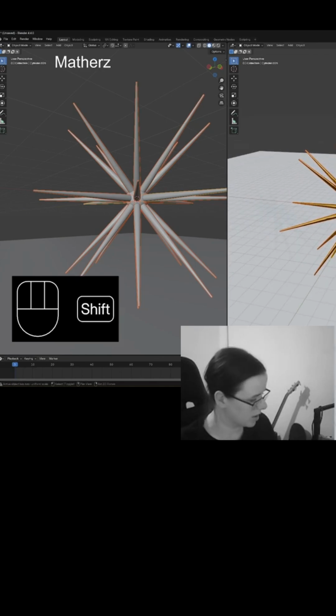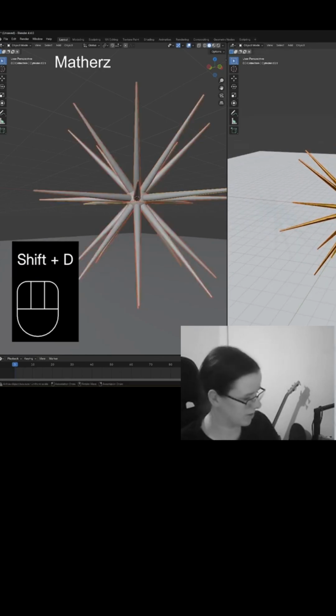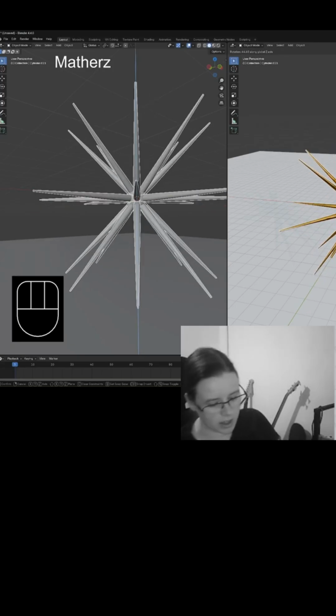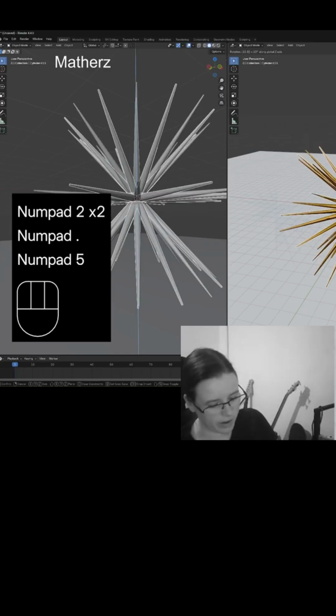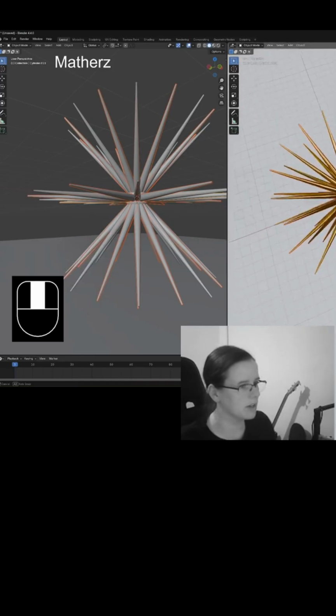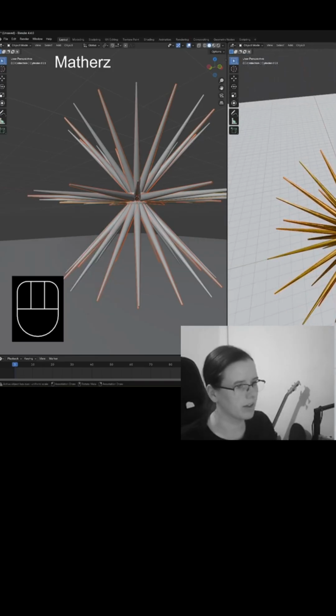Okay, so Shift D, leave it where it is, rotate, and you want to go on the Z axis, make sure that you're assigned to that one, and you want to press 22.5. And now you've got this nice big spiked ball. So what we're going to do with this, we're going to create essentially a new material. So if we go to edit mode,